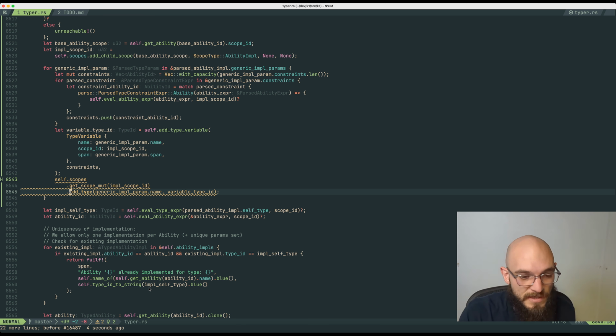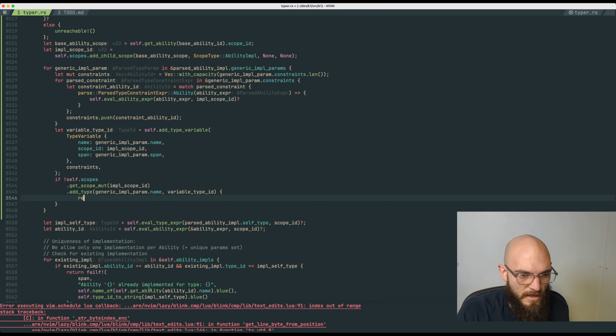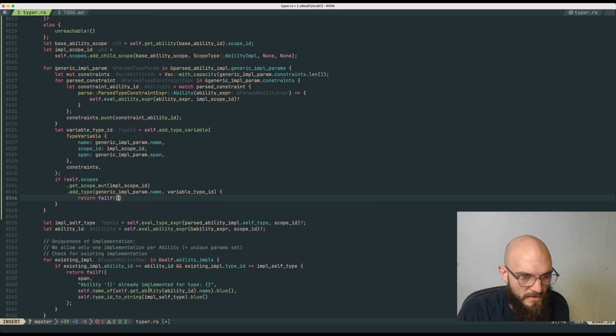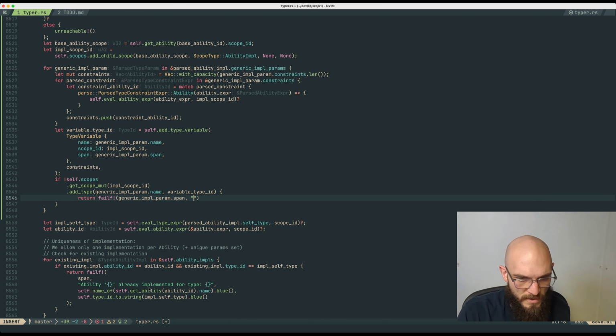And this actually is the place that we care about that because we haven't checked these yet. So if they used T twice, we want to know about it. So this will be if not. It's like we're writing C, and then that would be grounds to return a failf. And then that's going to be on this actual param, and we're going to say